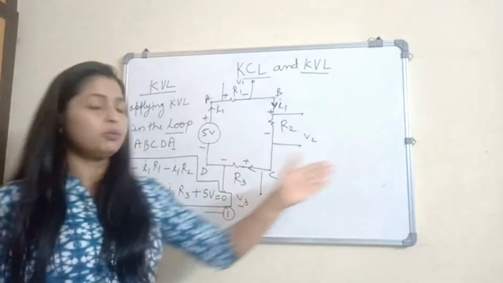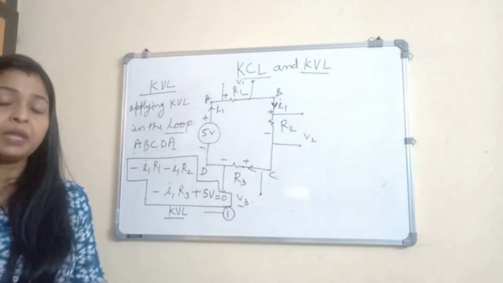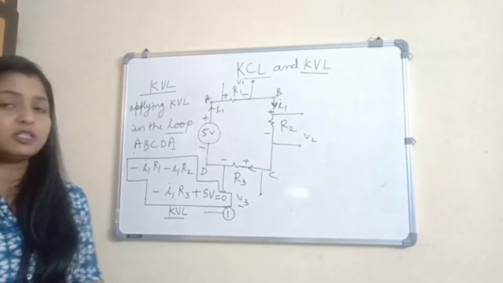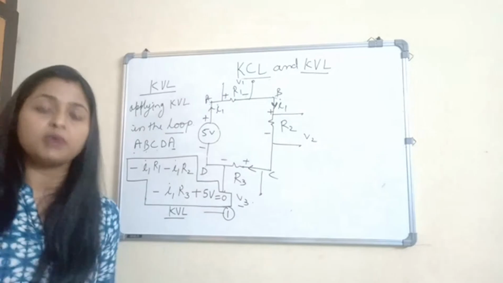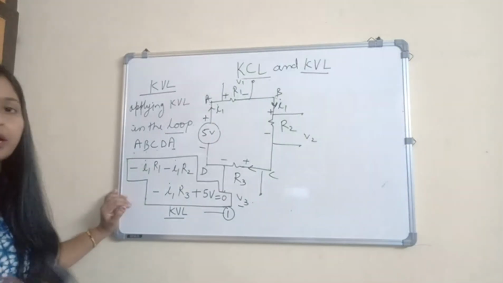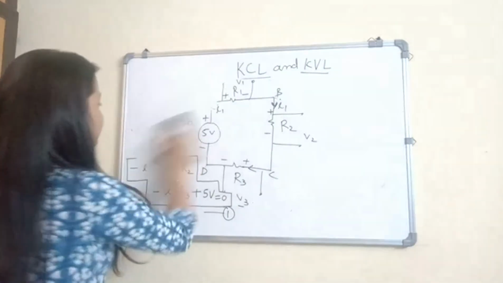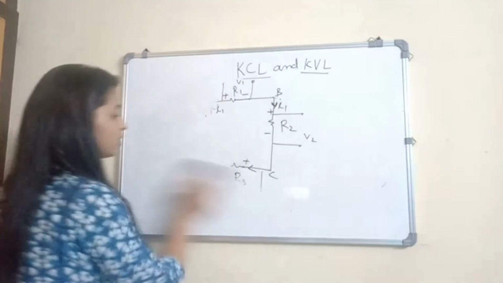If I have four more meshes, four more loops, the number of equations increases. In that case, adding and subtracting, and putting values from one equation into another, becomes tough. So we have to search for some easier way. The easier way is applying some rules to such equations. For that, we have one rule